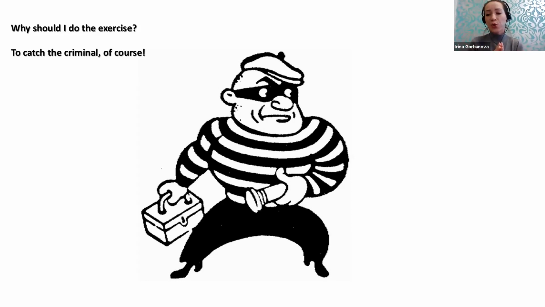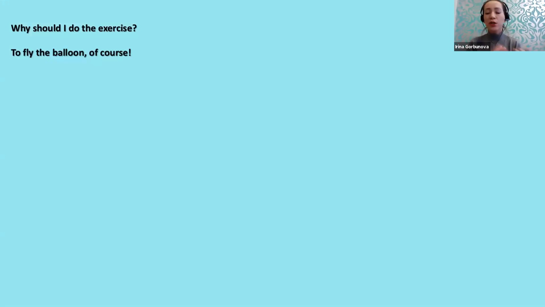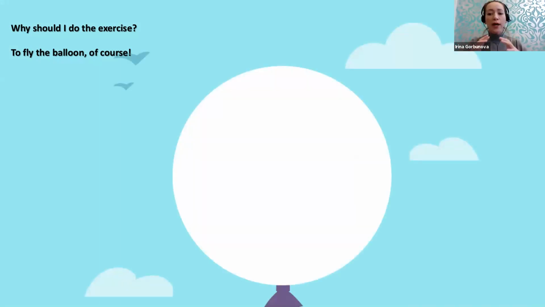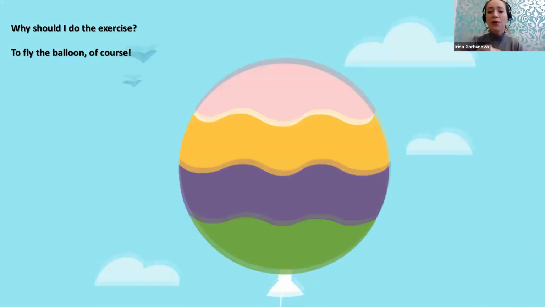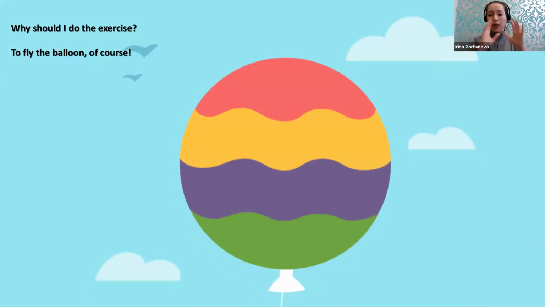If in case we do not want to spend money, there is one more activity that we can do. For example, they can choose their homework. One more activity, we do the exercise to fly the balloon. So in the beginning of the lesson, the balloon is white and absolutely not interesting, right? But when doing the exercise, it fills with colors. So it becomes so colorful and beautiful. And it's one balloon, one lesson. At the end of the month, there are 8 balloons. And when you collect 8 balloons, you can choose your homework.